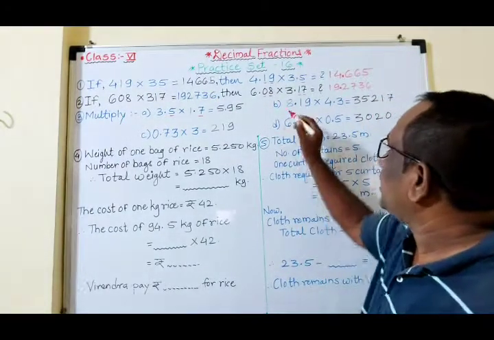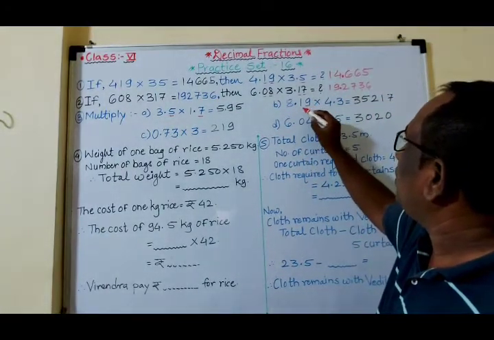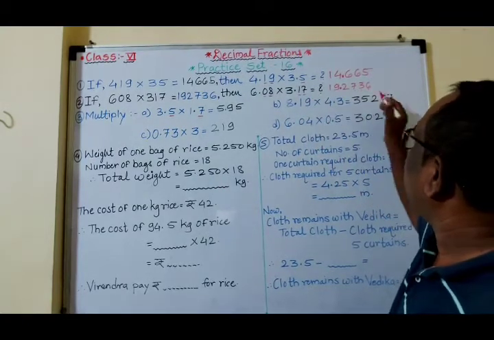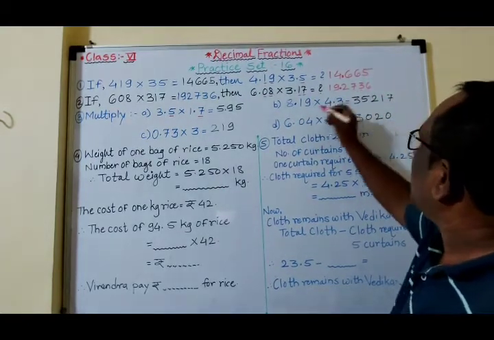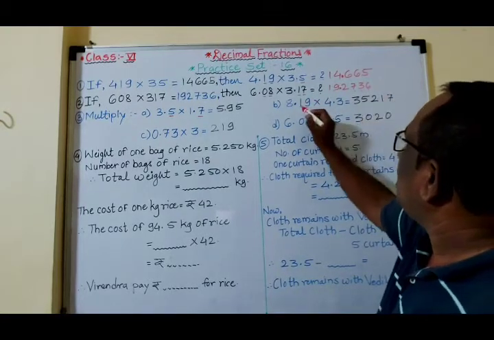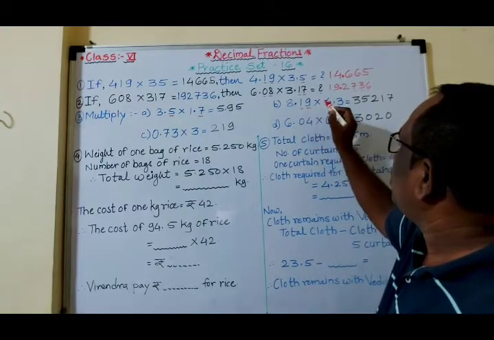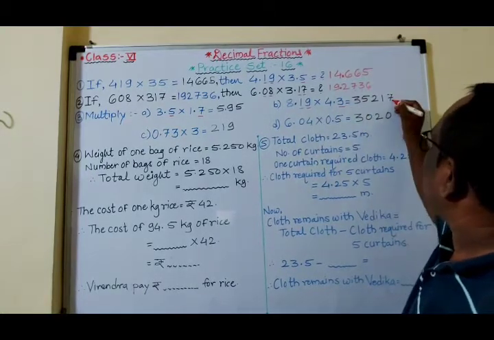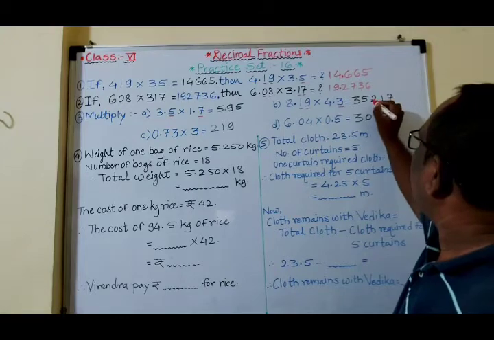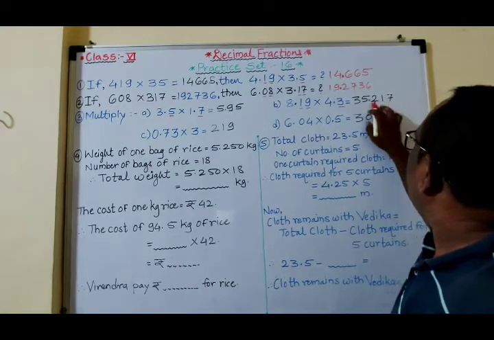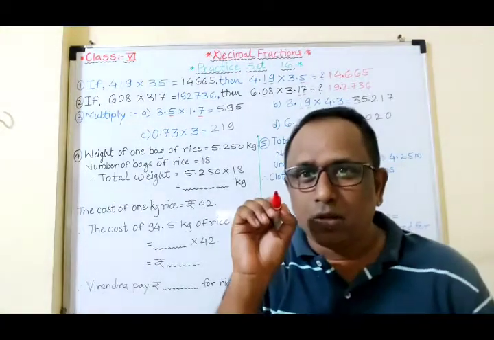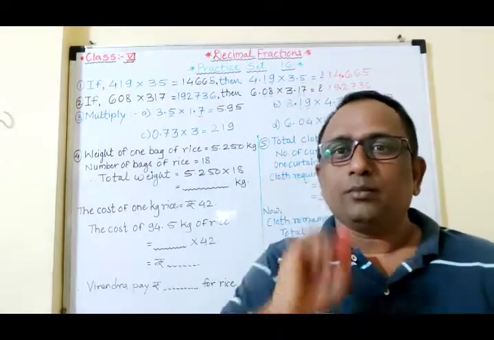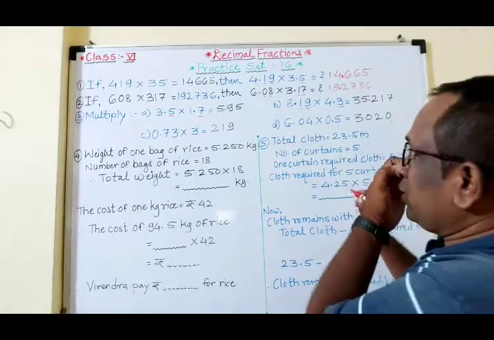Now this second example here also, 8.19 multiplied by 4.3, so 819 multiplied by 43, we got the answer. So here students, now we know the answer. After decimal point 1 place, and after decimal point 1 place, so 2 plus 3, from unit place 1, 2, 3, and we have to give the decimal point, and decimal point give a tiny dot, okay, not so much tiny, not so much big, okay, you know how to give the decimal point.